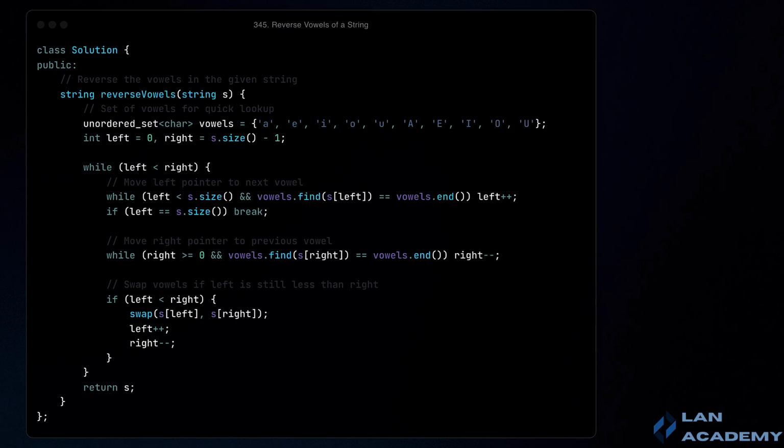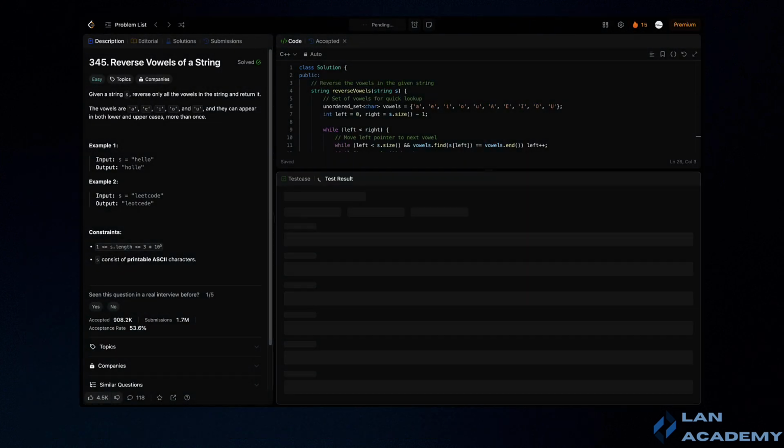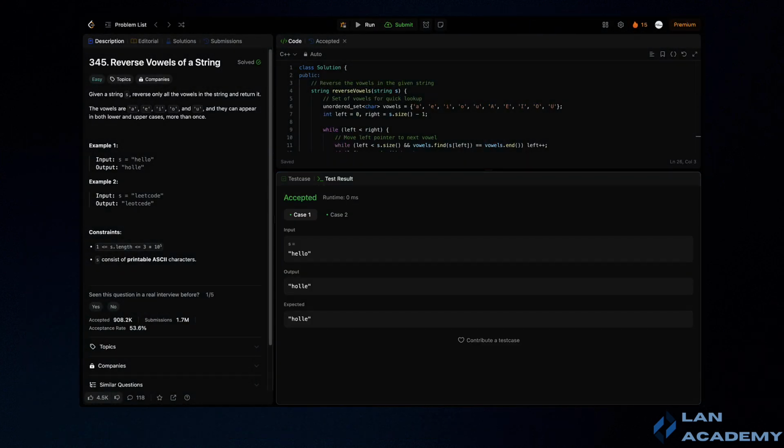To conclude, reverse vowels provides an efficient solution for reversing vowels in a string. Using an iterative approach and an efficient container for storing vowels, this function can handle strings of any size and provides a correct and efficient result. Now, I'll run the solution to make sure that everything works properly before submitting.